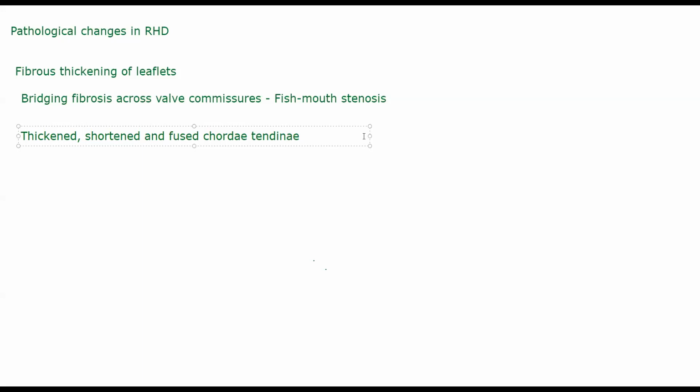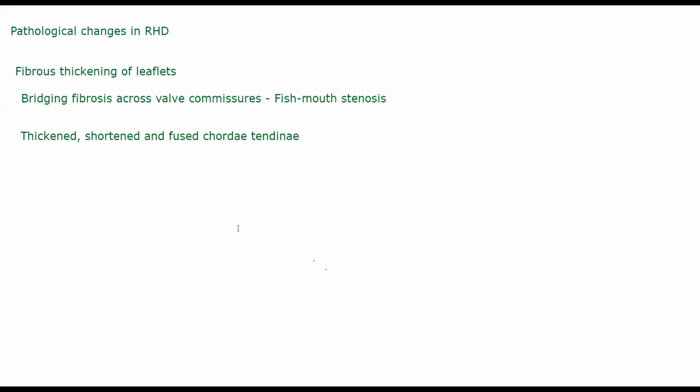Calcification will occur of these fibrous leaflets. Now, try to remember inflammation, right? As healing occurs or as repair occurs, specifically scar formation, fibrosis happens initially, and after fibrosis, calcification happens. Once calcification is done, that is when you get a proper scar-like tissue, right? Try to remember inflammation. The same thing will happen here. The leaflets which have undergone fibrosis, ultimately, if the damage is not removed or treated, will undergo calcification.